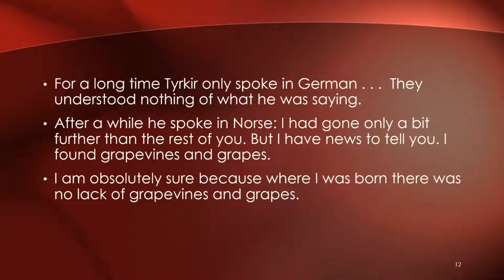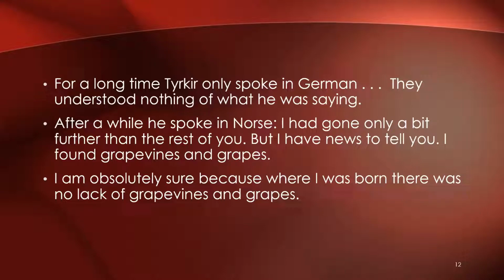So let me read the portion of the saga that deals with this early German. Tyrker was missing from their post. Leif was most upset by this, as Tyrker had spent many years with him and his father. Leif prepared to go search for Tyrker, but they had gone only a short distance from the houses when Tyrker came towards them. Leif soon realized that the companion of his childhood was pleased about something.